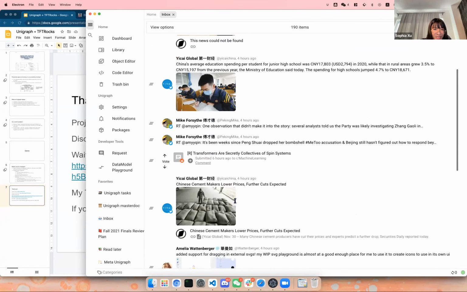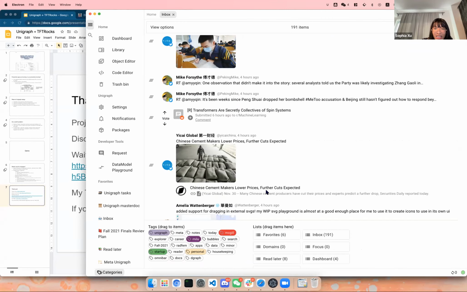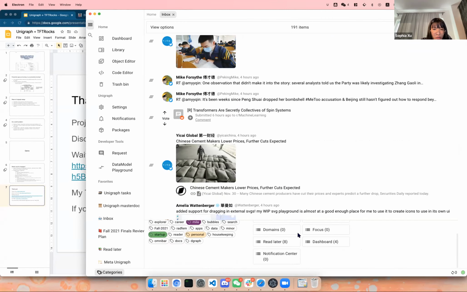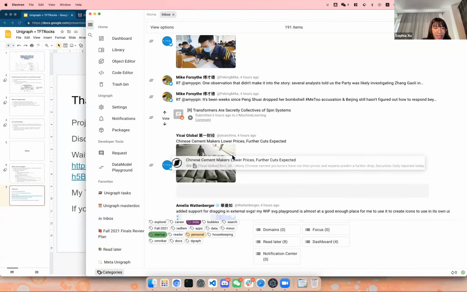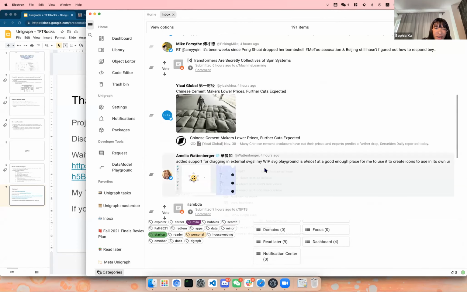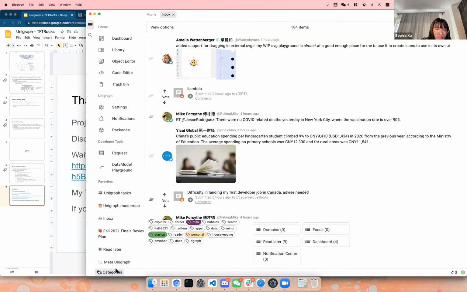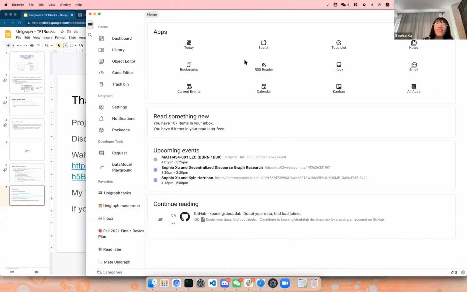You're able to see what's happening in the world, what things I'd be interested in, and move on with my life. If I'm interested in an article, for example, I can drag and drop anything to the read later view. You can also drag a link from a tweet, because everything is in a graph. Now I have it in read later, and I can remove all the previous items. So this is basically my daily workflow. I hope that helps. Yeah, that was super helpful.